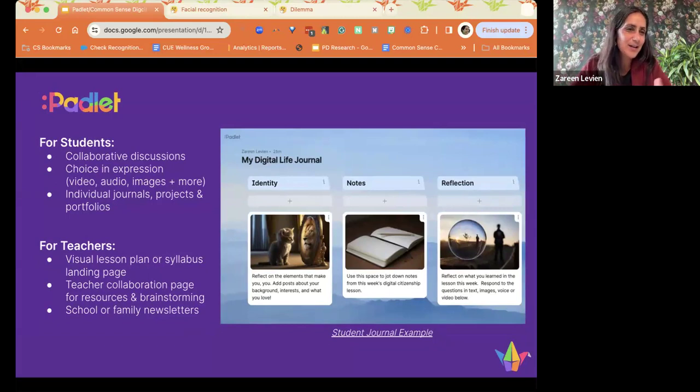We've done a lot of collaborative discussions today on Padlet, and we played a little with choice in expression by adding some images. There's a bunch of other attachment types we could play with, video and audio, and you can restrict that in your settings. If you want everyone to put an audio recording up for a prompt, to practice oral language, or to do it in a different format, you can restrict that as well.